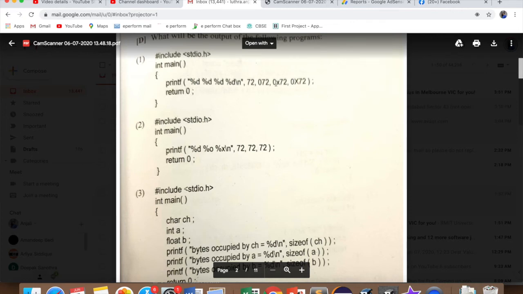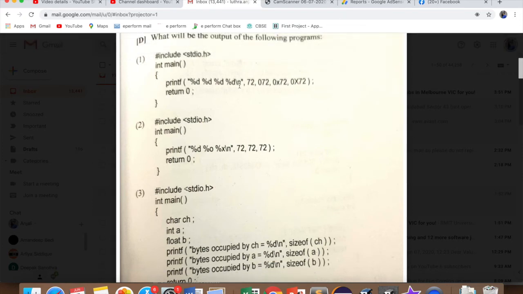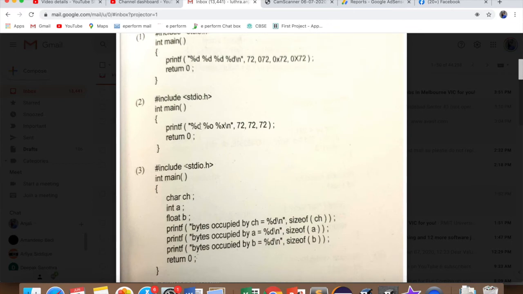So whenever you have to print like this, you need to convert the number base first and then print the converted values. C does it itself when you write a code like this, but you're supposed to tell the output here, so you have to do it manually. Then we have the second question, which uses special character specifiers to print the octal and hexadecimal numbers.